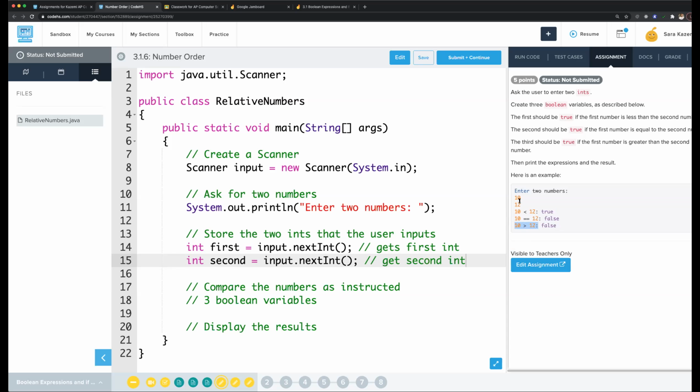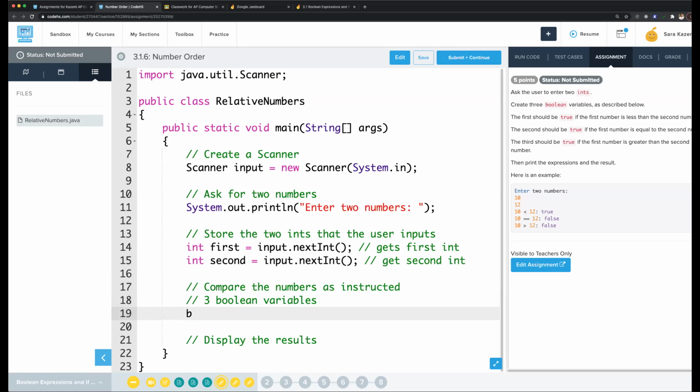And these numbers that they're putting in here are just an example run. So this is what would happen if the user put in 10 and 12. We're not actually physically putting in these numbers or anything. Okay, so let's create our three Boolean variables. Let's say boolean,